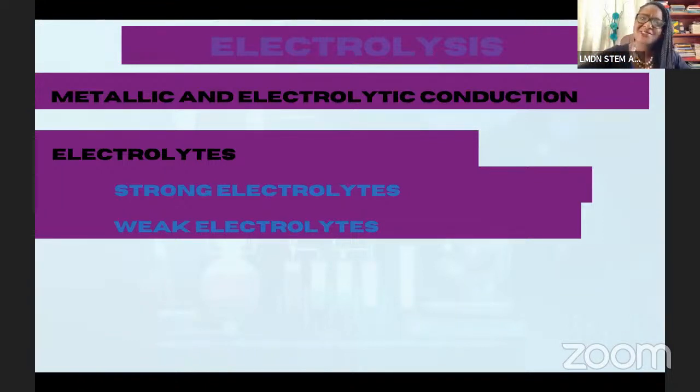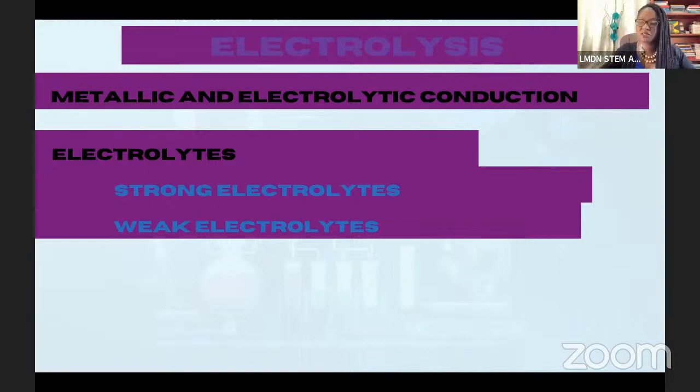So it's not as effective at conducting electricity. It can, but it's not going to be as strong as if we had an electrolyte where every single ion was now free to move, right? Because we need that mobility for the electric current to be conducted sufficiently. So the distinction between strong and weak is that the strong one is fully ionized, so all the ions are free to roam about and have fun.